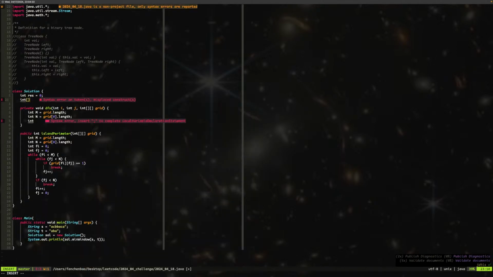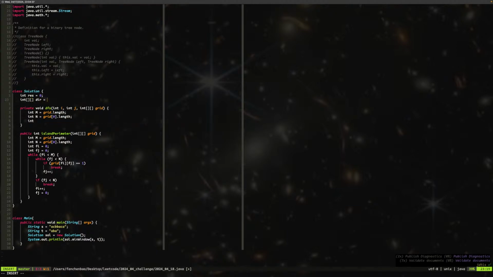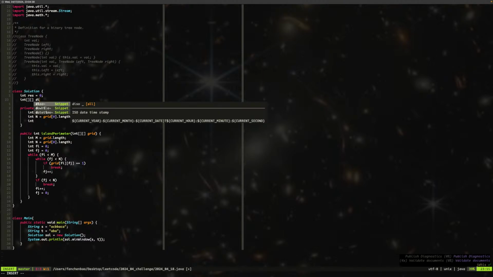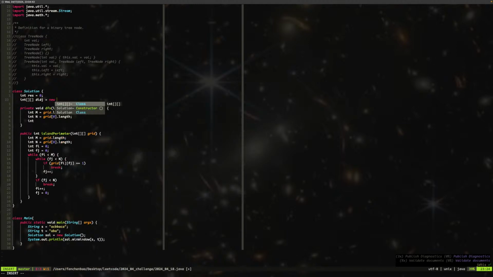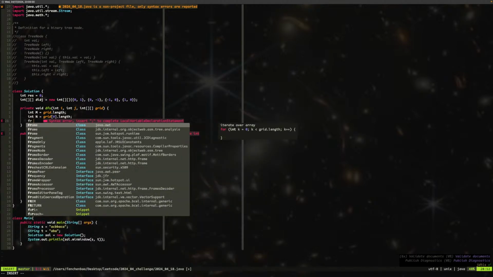Int, right, directions, dij, right, equal to new int. So we have 0, 1, right, 0, minus 1, minus 1, 0, and 1, 0. So that's that. So what we can do is for